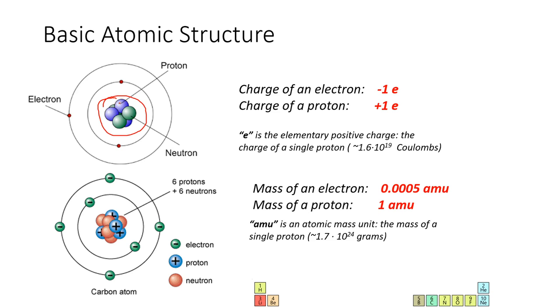Now, a proton is a positively charged particle, carries a positive charge that is exactly the same in magnitude but opposite in direction as that of an electron. The electrons are small particles that occupy the space around an atom's nucleus in these very distinct clouds that are at different energy levels and different distances